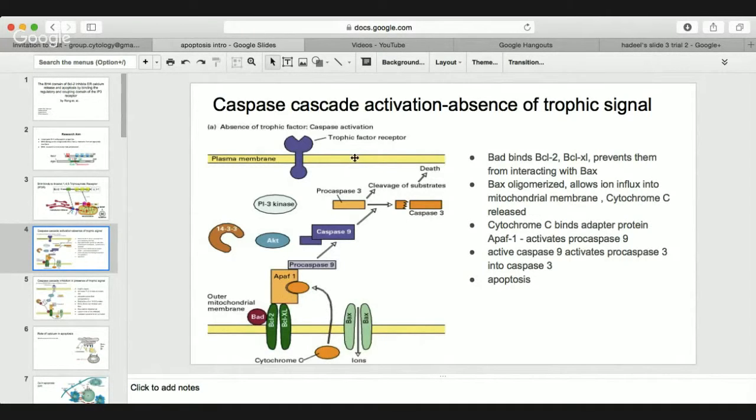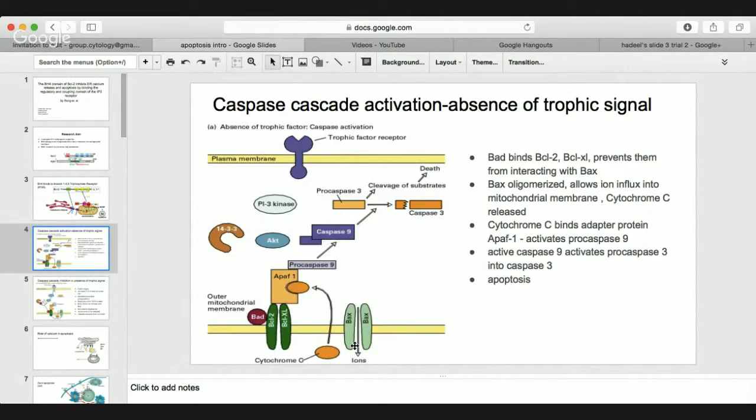In the absence of a trophic factor, BAD, which is a soluble pro-apoptotic protein, binds to BCL2 and BCLXL. BCL2 and BCLXL are anti-apoptotic proteins which are embedded in the mitochondrial membrane. BAD binding prevents BCL2 and BCLXL from interacting with the pro-apoptotic protein BAX, which is also embedded in the mitochondrial membrane,